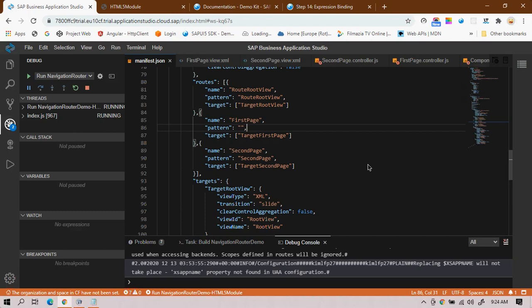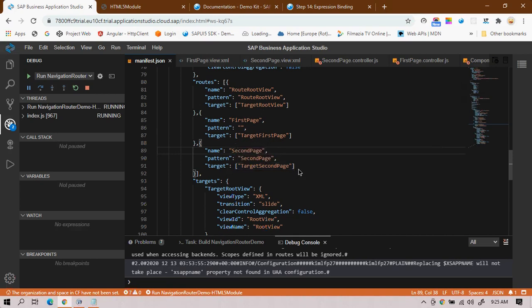Avinash: Yes. If we want to add one more page, then we have to give the pattern name as a third page. Only the first page will remain blank. Sorry, I didn't get that. Can you please say it again? Okay, so what we have done, in total we have a main page, first page and second page, right? To navigate to the first page, we have kept the pattern as empty, because we want the first page to be displayed. Then the second page. And what if I want to add one more page, like a third page?